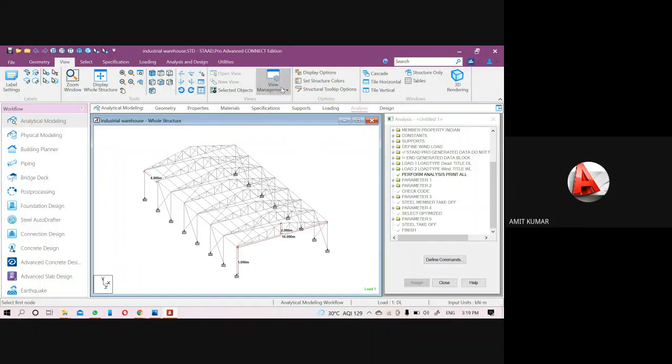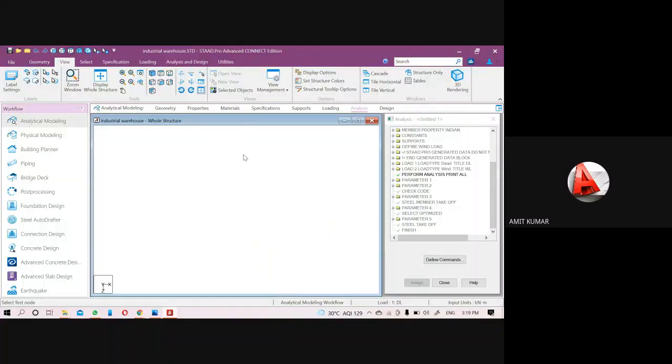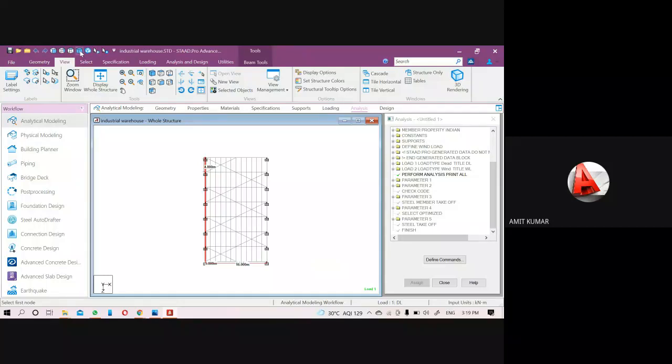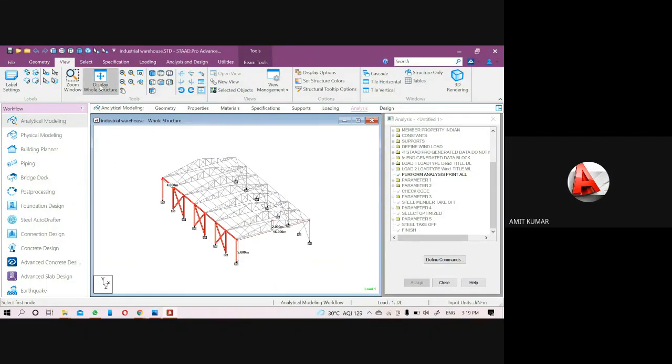Now come to the new view, that is the view management. If you want to save that side view as a view, just select that particular view, then open it in a new view.